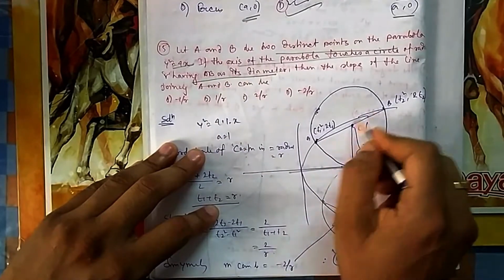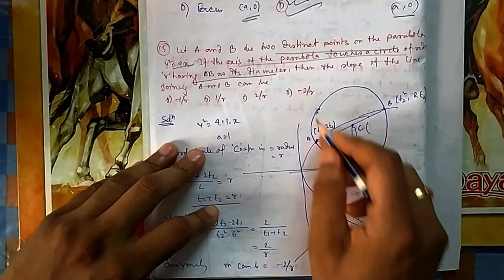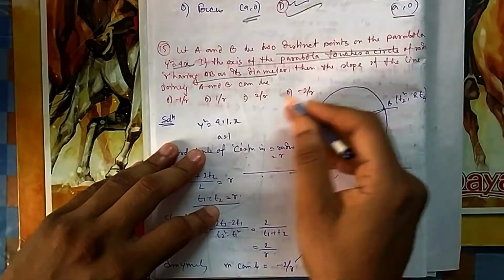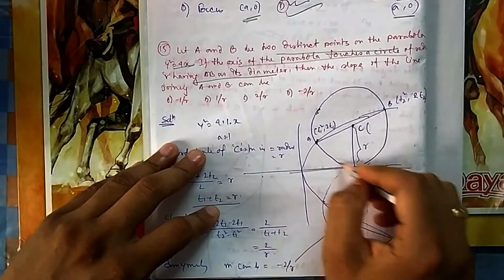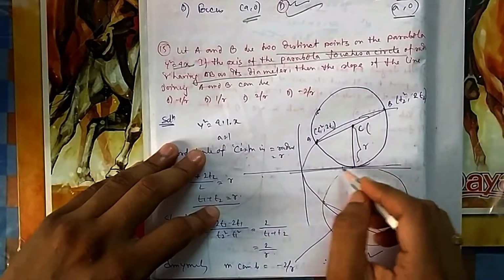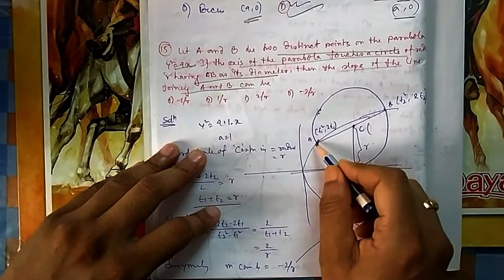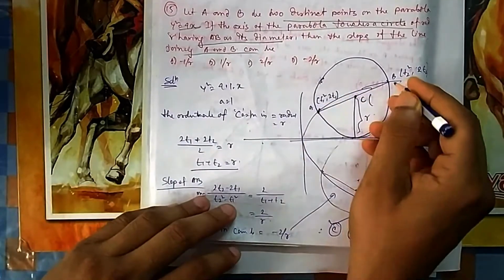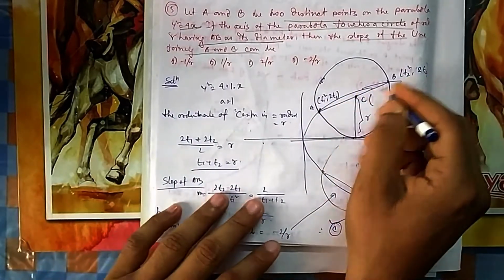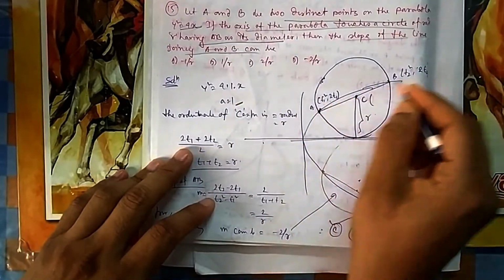So these 2 points were the A, B. So that can be on the lower side also. I am doing it on this side because they have not told you which side AB is. So AB can be this side also, AB can be this side also. You can have a circle of this fashion with AB as diameter and radius r which is touching the x-axis. What should be the slope of the line joining AB? Okay, so let us consider these 2 points in parametric format, t1 square, 2t1 and t2 square, 2t2.